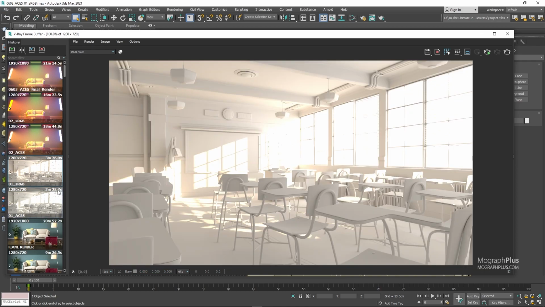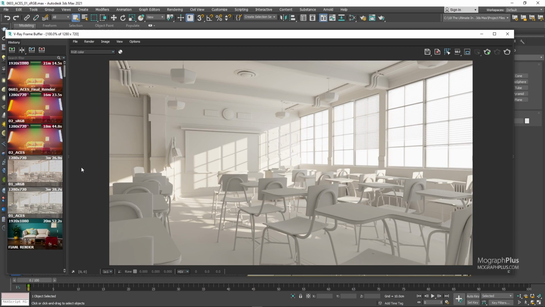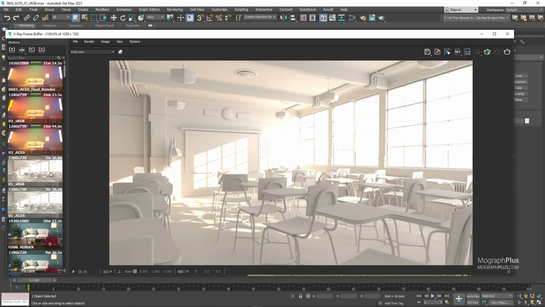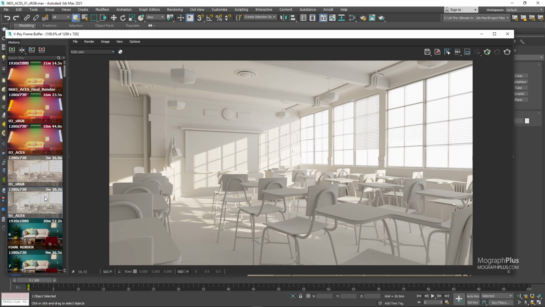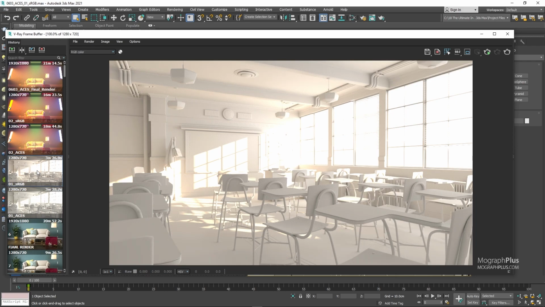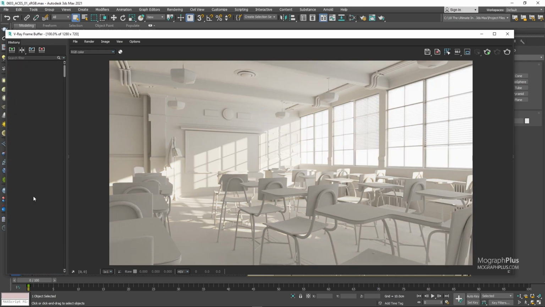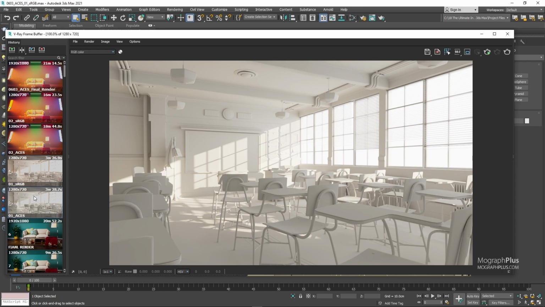The answer is simply ACES. The best way is ACES. There are other ways, but ACES has a much wider color gamut. It can handle those overexposed highlights much better. If we compare this render with the previous ACES render, in the first one we used ACES and in the second one we are using just the default color space. Just look at how much better ACES is in preserving those highlight details, primarily because ACES has such a filmic